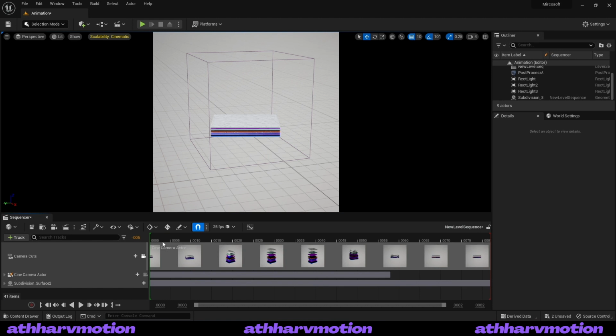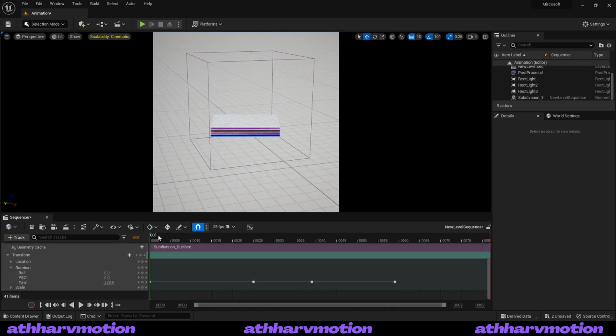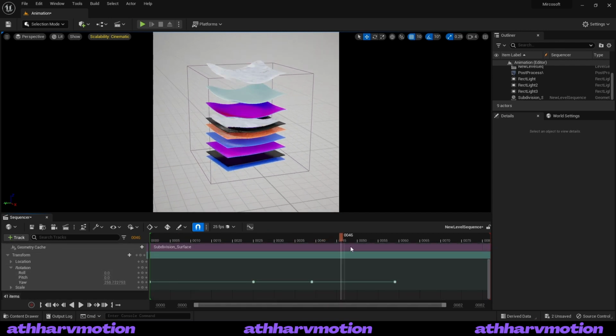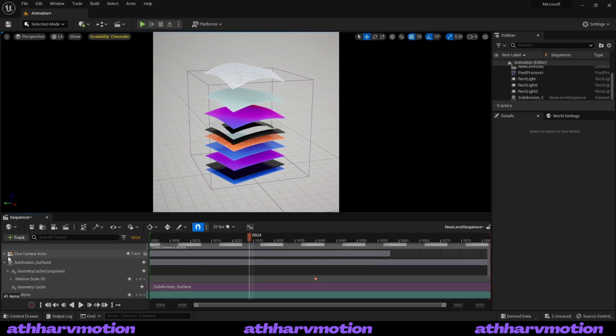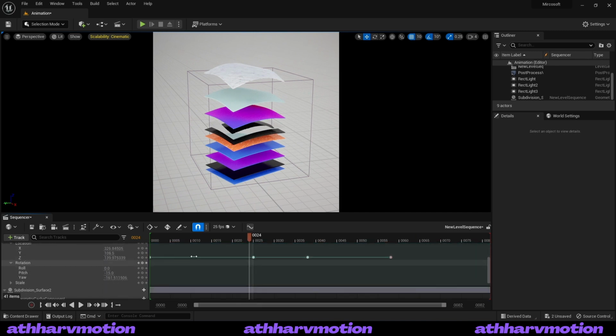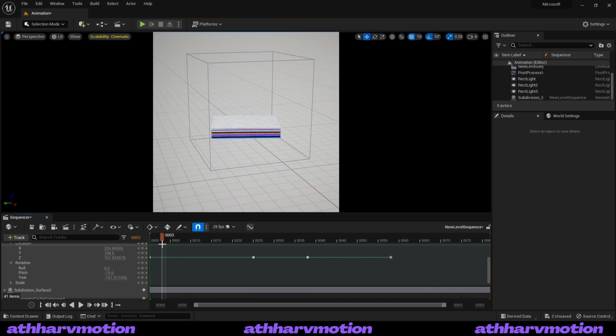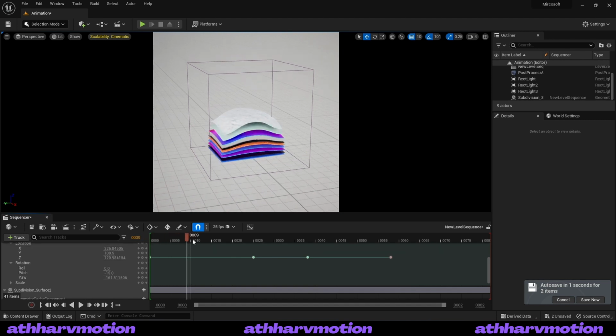So I already have my object over here. As you can see, I have added some rotation over here, and then I have added some camera movement over here. I'm not going to go into the depths of how you set up these scenes or how you use Unreal Engine 5. You already have all of that on the internet. I will link a few tutorials in the description, but you can go ahead and do whatever you like